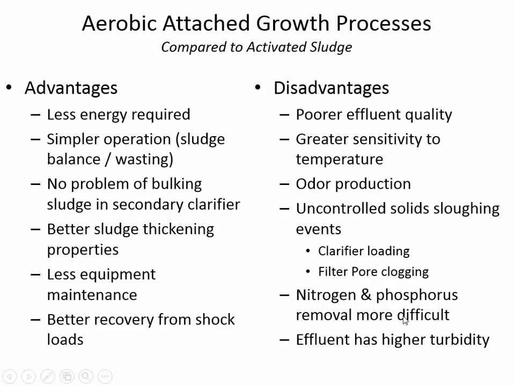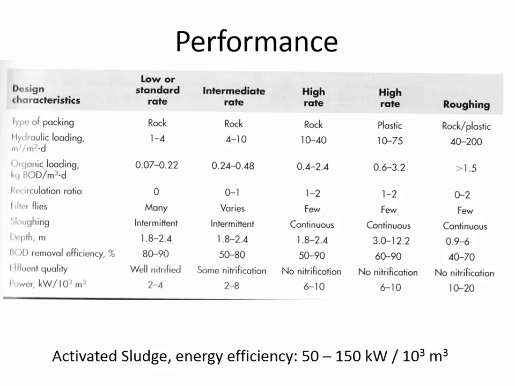Removal of nutrients is more difficult because it's harder to control the environment within the filter, whereas in an activated sludge you can put small, short duration contact basins where you don't aerate and create conditions where removal of nutrients is a little bit easier. So there are some disadvantages that have to be accounted for and sometimes overcome, but this figure shows some of